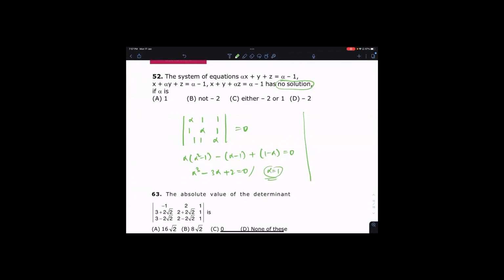Now there will be other solutions also. Let us check for 1. 1 is very important. That's why, if you put 1, you will get x plus y plus z is equal to 0. Second one also x plus y plus z equal to 0. Third one x plus y plus z equals to 0. Just by writing the equations, you can see that it is infinite solutions because